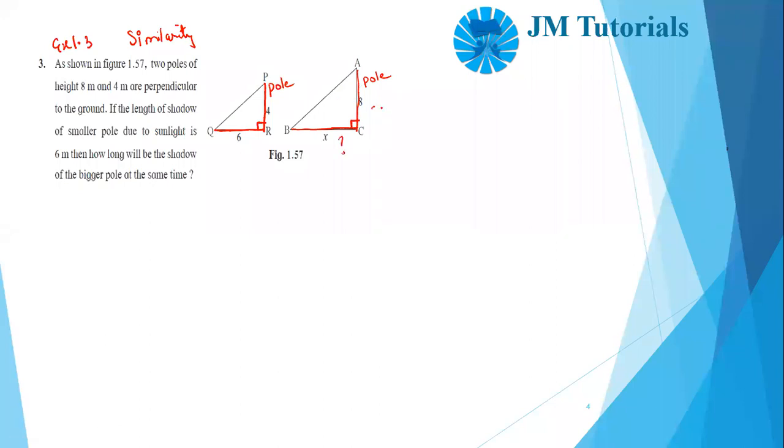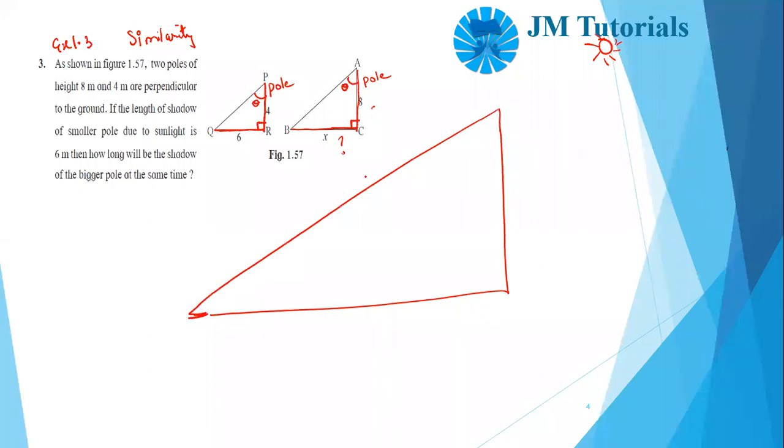Now always understand, at a particular instance of time, the angles made by the shadow for any object will always be the same. So this theta will always be the same. Suppose I draw another building. This is the ground. The sun is the same for all. So at one particular moment of time, this is the line of sight, the line which joins the top of the person with the end part of the shadow. This angle will be the same at a given instance of time, for the shadows of all the objects.